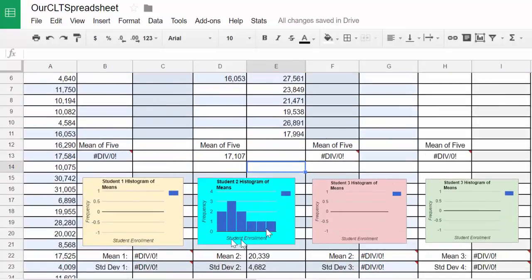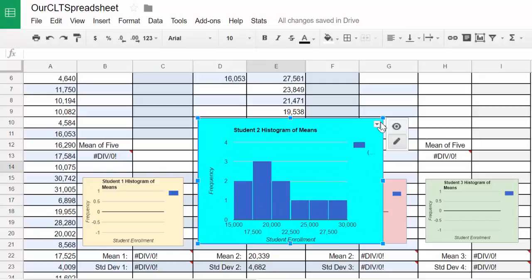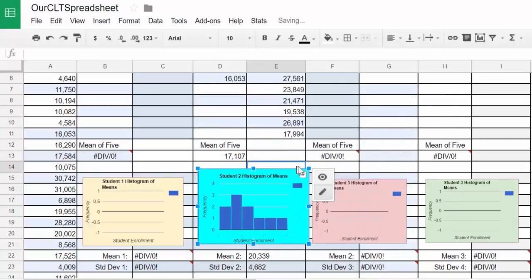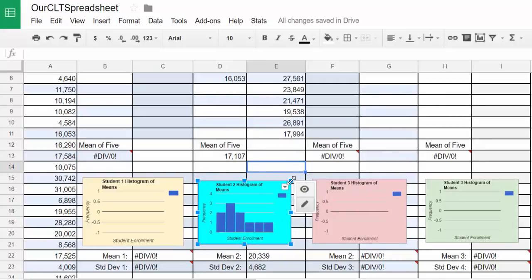at, for example, the histogram. Right here is the histogram for these 10 sample means that I found. I can make it bigger if I want, and it's a good idea to make it bigger. So I make it bigger and I can actually see the histogram, and I can look at the x-axis and kind of notice the shape. It's going to ask you questions about that. Be sure to resize it down after you've looked at it so that your partners have space to look at theirs. I could look at the mean, which was 20,339, and the standard deviation, which is 4,682, for these 10 sample